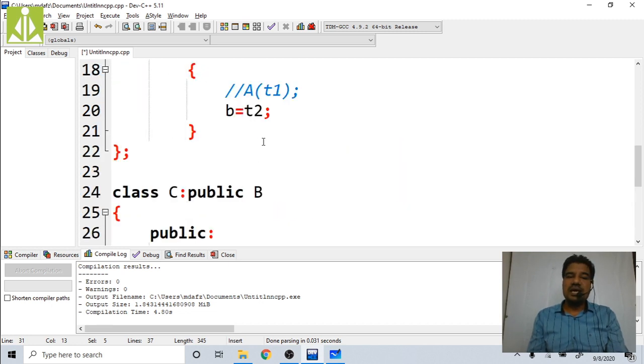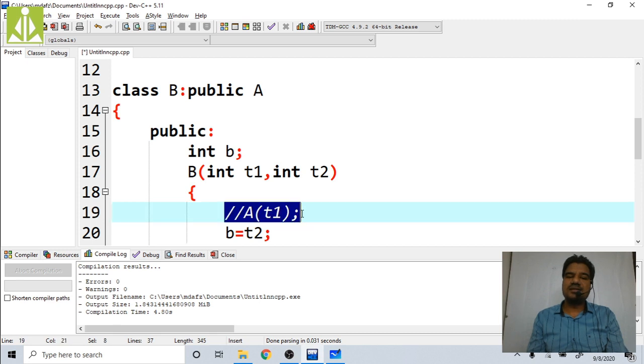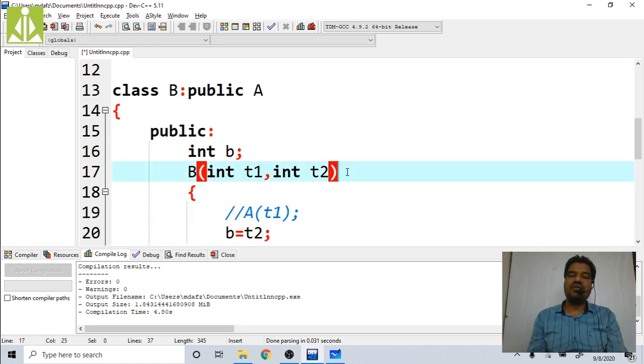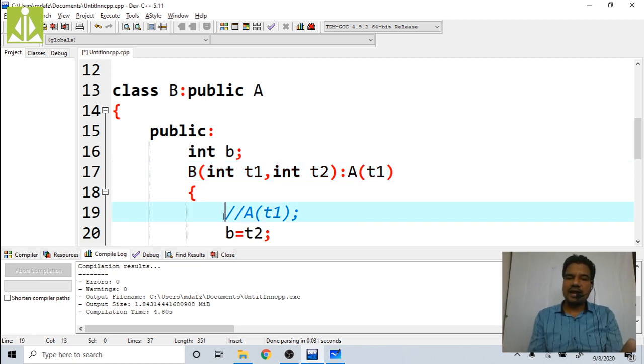Now see, keeping the constructor calls like this, this particular compiler, the Dev C++ compiler, is not supporting it. Keeping the immediate base class constructor call inside the derived constructor is not invoking. So basically what we have to do is follow it like this. We have to put the inheritance operator followed by the same constructor call. Instead of adding the base class constructor call over here, we have to put that thing over here.